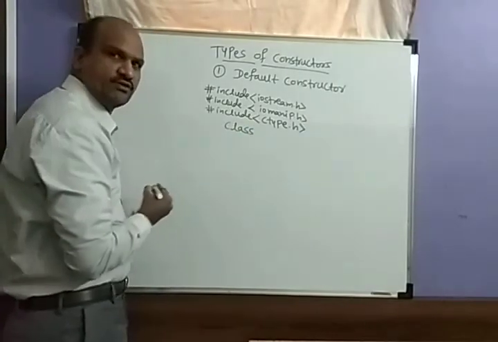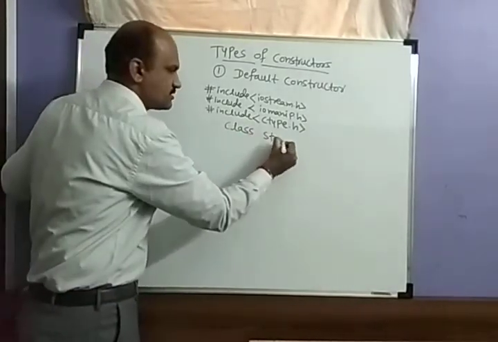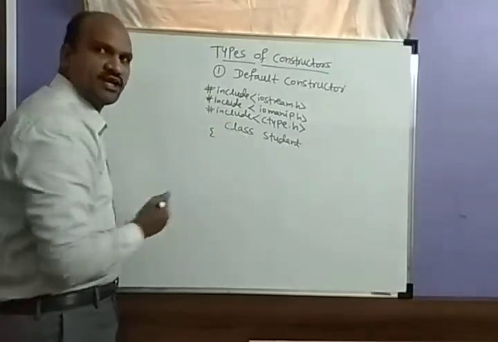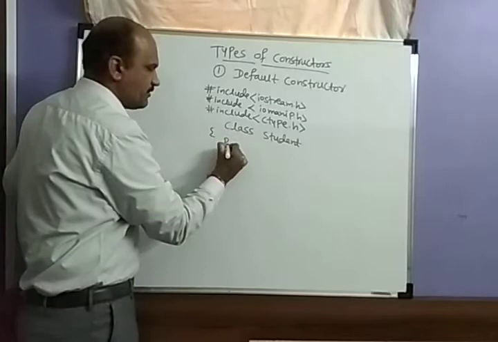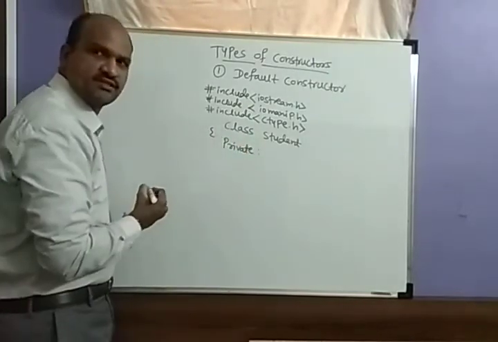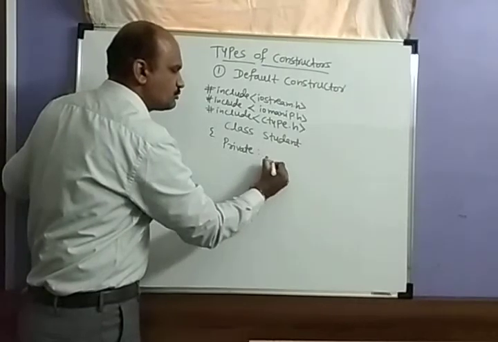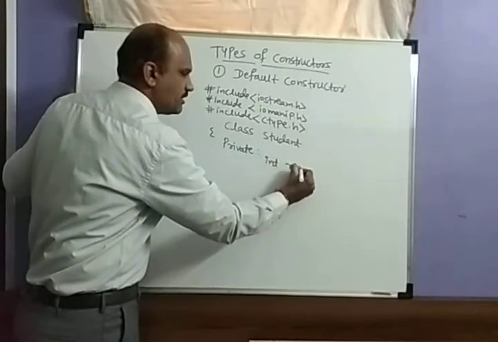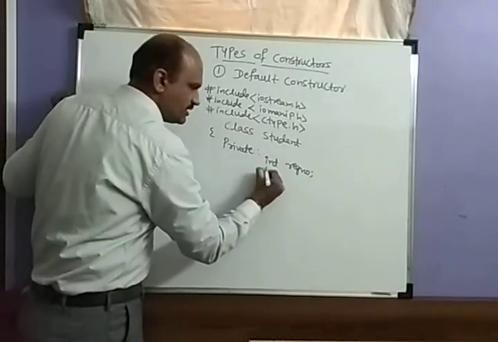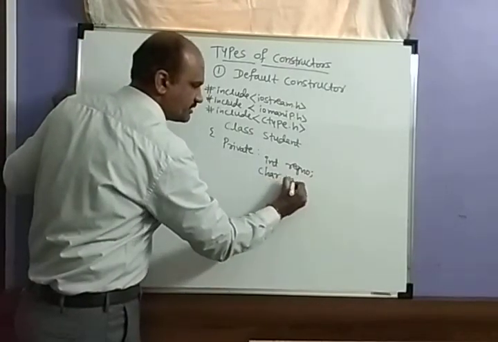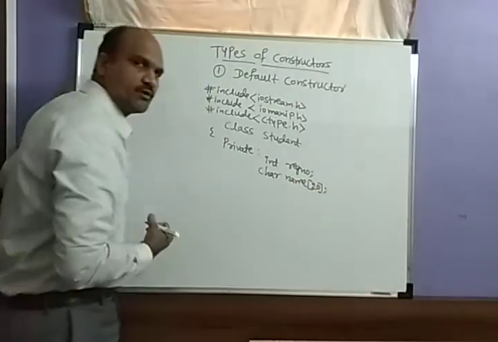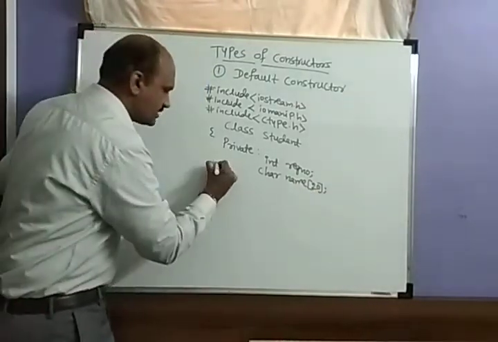This is a class with the name student. Then in the private section, we define one with the register number, that is with the integer data type, and one with the name with the character data type: register number and name. Okay, then in the public section,